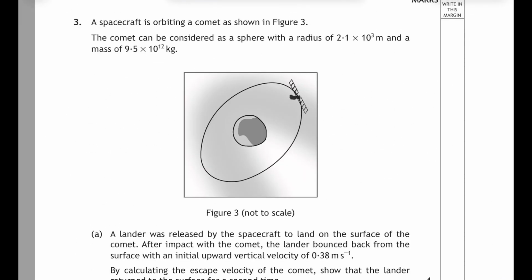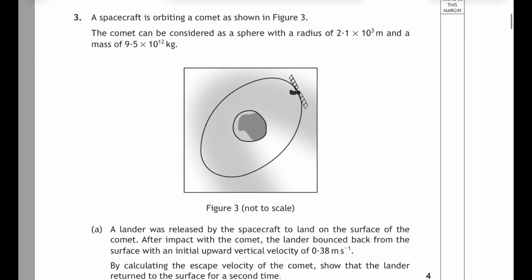Question 3. And as usual, it might be a good idea to have a go at the question first on your own and then come back and see how we have done it. So, if you've done that, here we go. Question 3. A spacecraft is orbiting a comet as shown in figure 3, and the comet is a sphere with a radius of 2.1 times 10 to the 3 metres,